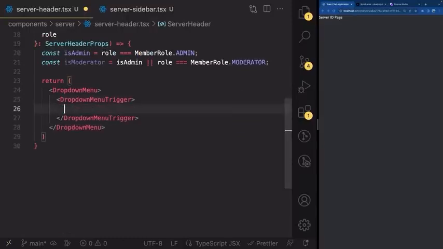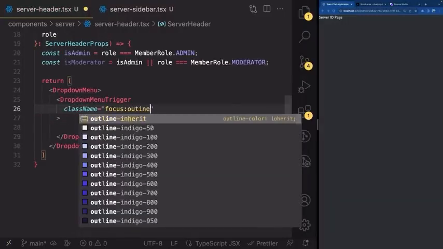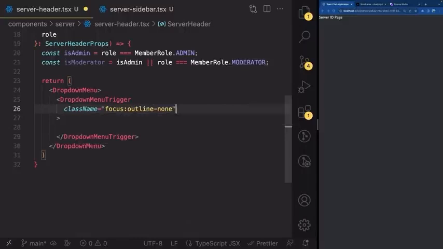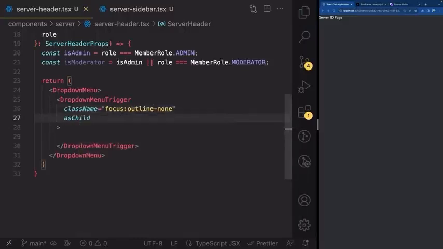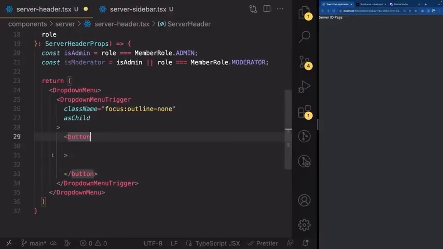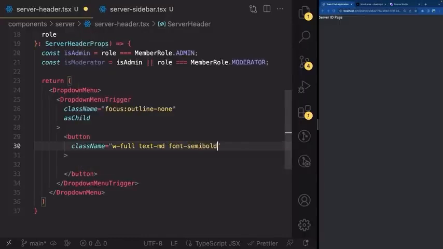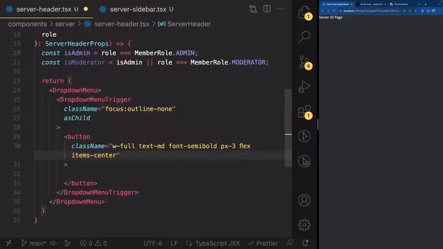Great. So inside of this trigger, let's go ahead and give it a class name of focus:outline-none and asChild prop like this. And inside, we're going to use a button like this. We're going to give this button some class names. So let's go ahead and write className w-full text-md font-semibold px-3 like this, flex items-center h-12